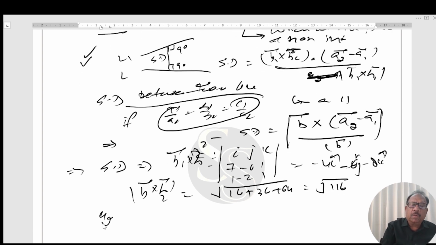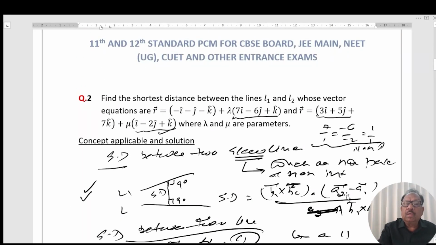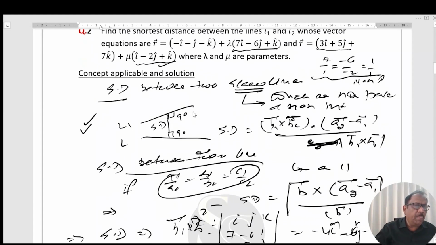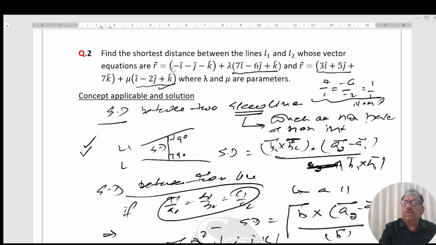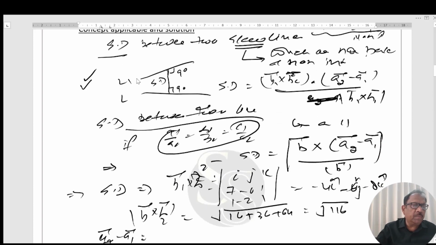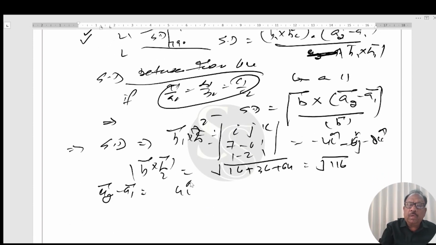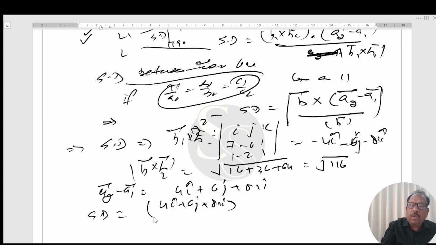A2 minus A1 will be this minus this, 2; this minus this, minus 1; this minus this, plus 2. This will come out to be 3 minus 1, 4; 5 plus 1, 6; and 7 plus 1, 8. So 4i plus 6j plus 8k. Then the shortest distance will be equal to the dot product of 4i plus 6j plus 8k dot